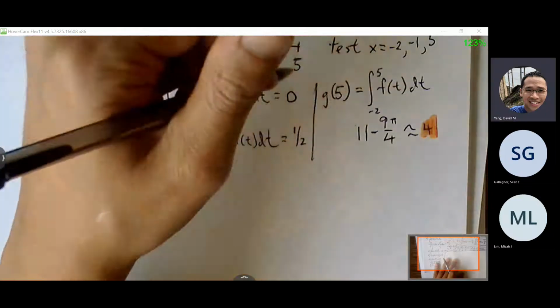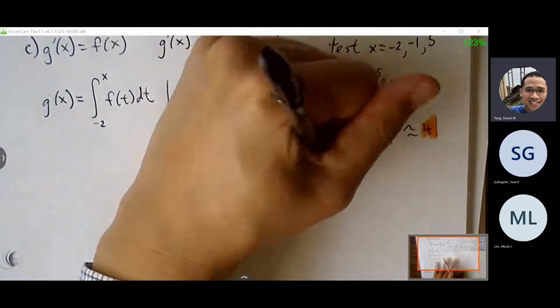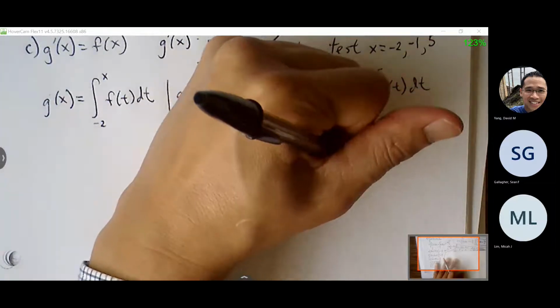Or it's asking for the absolute max value, right? So find the absolute max value. So the absolute max value is